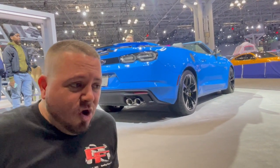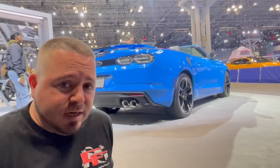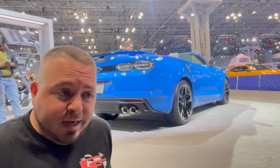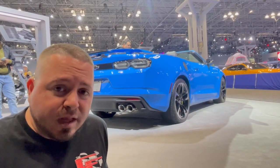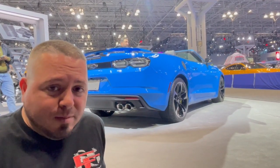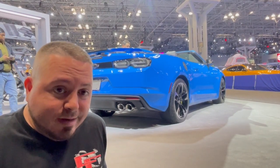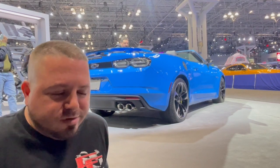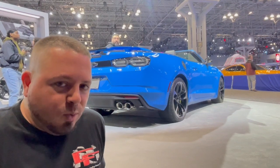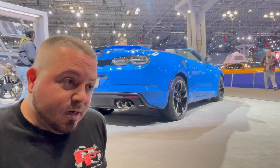And if we go by that, it just tells us that this Collector's Edition is not going to be available on a ZL1 1LE and probably not an SS 1LE. So it's probably only going to be available on the lower trims and the ZL1 together, and I'm sure each will look different. I'm sure we'll see that over the next couple weeks, but I do believe the ZL1 1LE wing will be coming down to the ZL1 along with its calipers